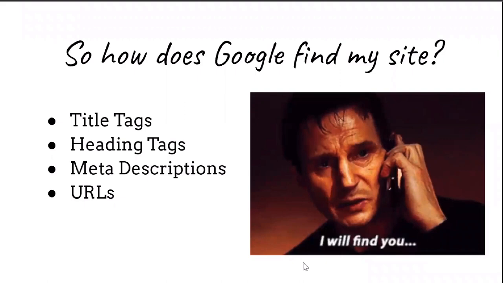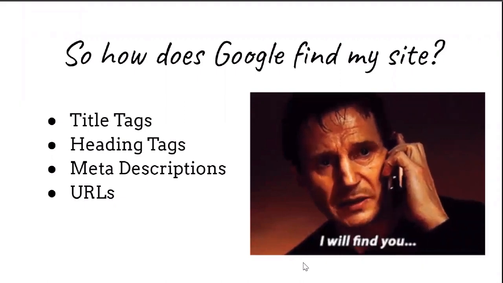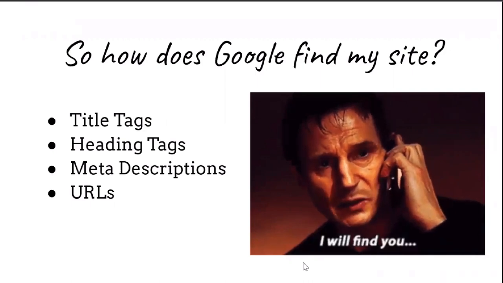Headings or H tags. These are the headings on the actual web page. So they're ranked in order of importance on the page. H1 is the most important, H6 the least. H tags create a structure for search engines and readers to quickly and easily understand the overall content on their page. Usually the H1 heading is the same as the title tag. It's the main heading that appears on your actual website page. There should only be one H1 tag.